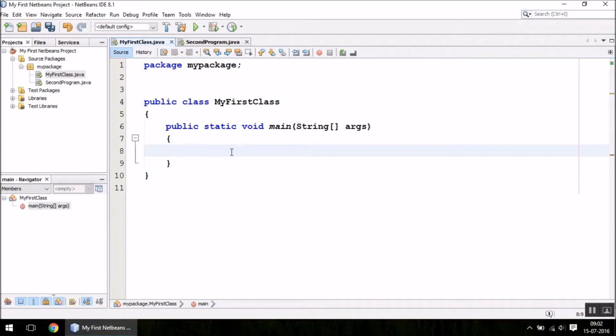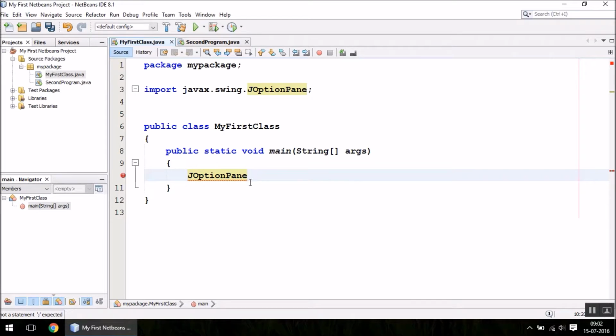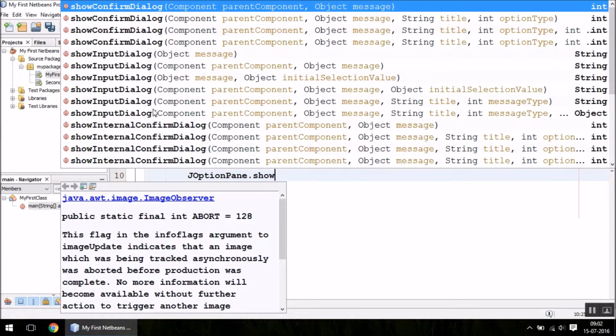You can simply type the initial few letters, and then you can hit Control space key to invoke the IntelliSense window, as you can see. Now as soon as it is selected, you press enter and it appears as a whole word, and then you can put a dot sign. As soon as you put a dot sign, the IntelliSense window again appears, and you can keep on typing whatever you want. Like I want to type show message dialog.